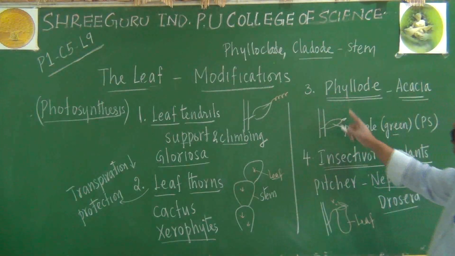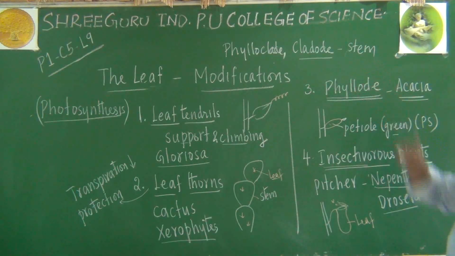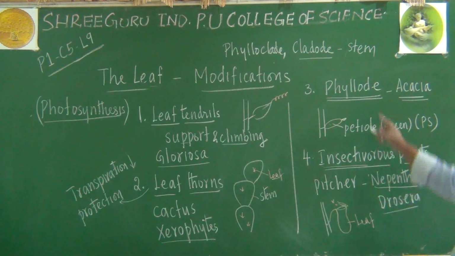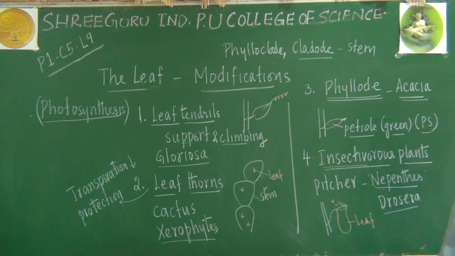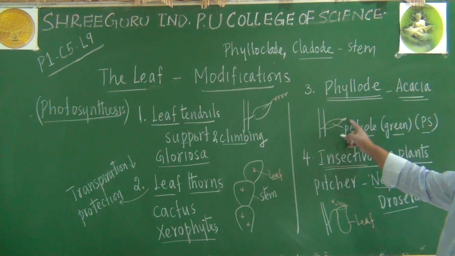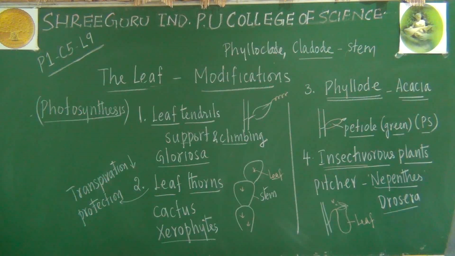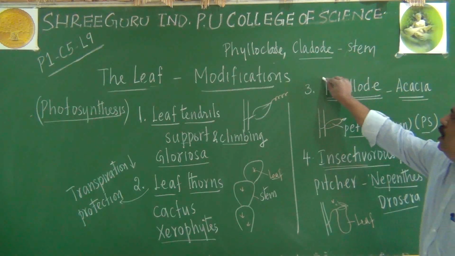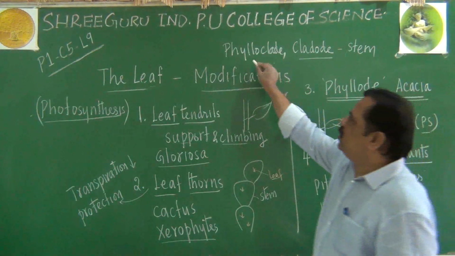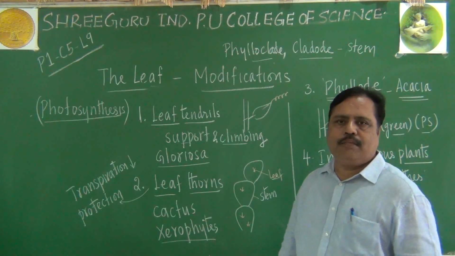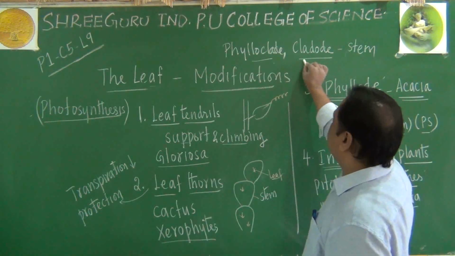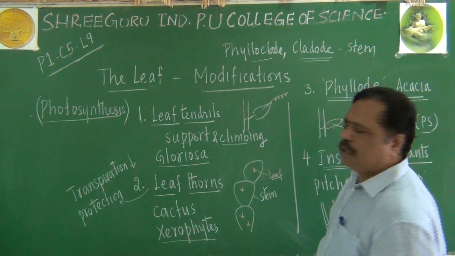Let us come to phyllodes. Phyllodes, phyllocladE and cladode. Remember the difference. Phyllodes refers to petiole becoming green in color and undergoing photosynthesis. Here lamina does not become green in color. Lamina will be reduced, but petiole will do the work of leaf. If petiole does the work of leaf, it is called a phyllode. If a stem does the work of leaf, it is called a phylloclade. Single internode of the phylloclade is called a cladode.